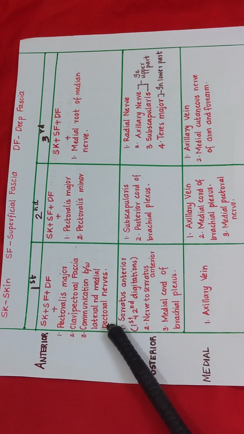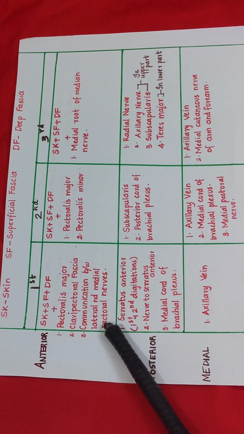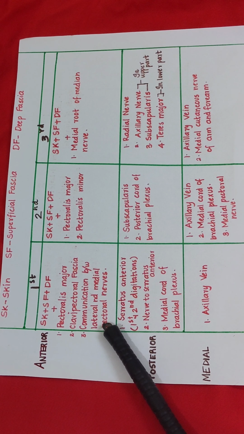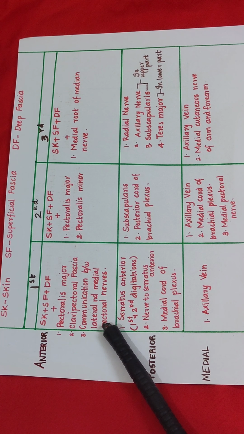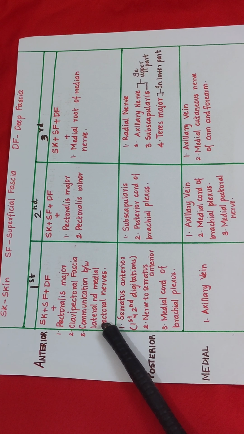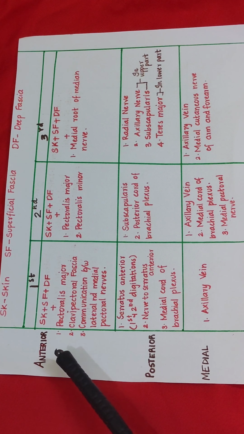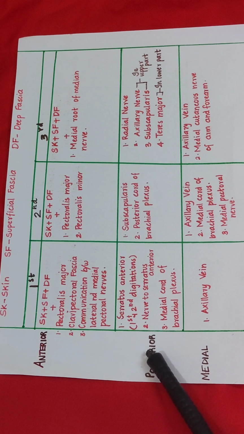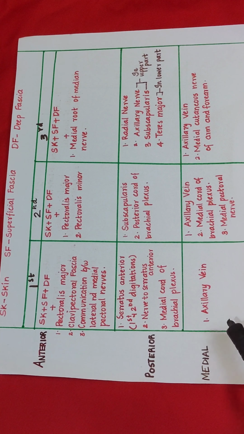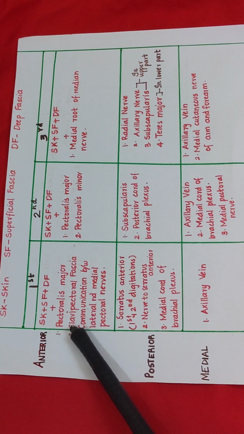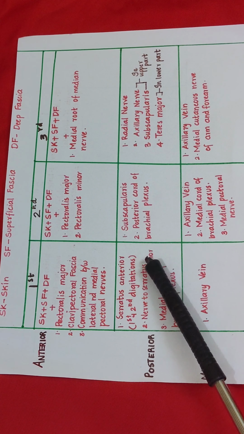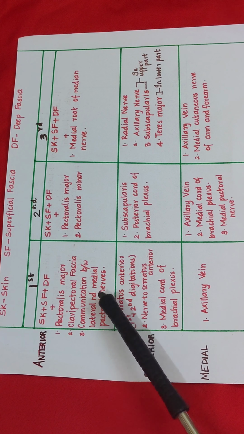Okay, now let's see the relations of the axillary artery. To make it easier for you, I have put it into tabular form. You can screenshot this and use this to learn. Now I'm going to tell this in terms of first the anterior relations, then the posterior relations, then the medial relations and the lateral relations all together for the first, second and third part. Okay, so this is to make it easier for you.